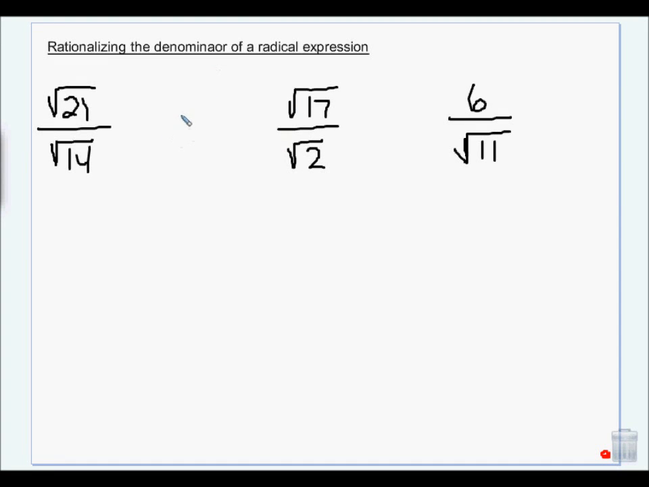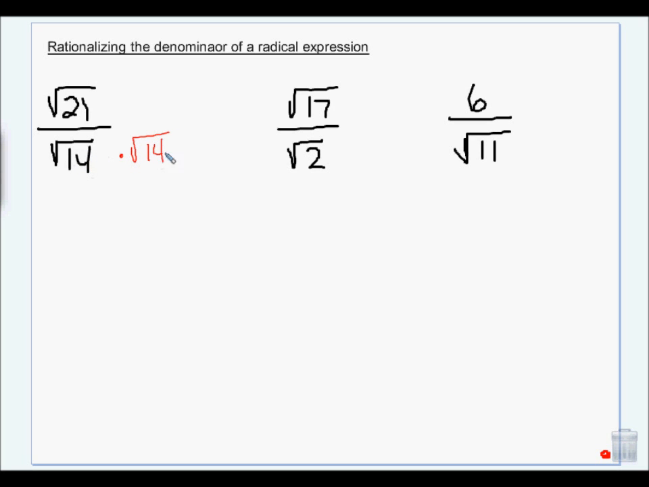Okay. You know how you can't have negative exponents? And you can't have fractions inside your fraction? You also cannot have square roots inside your denominator. It's just not allowed. So to get rid of the square root in the denominator,